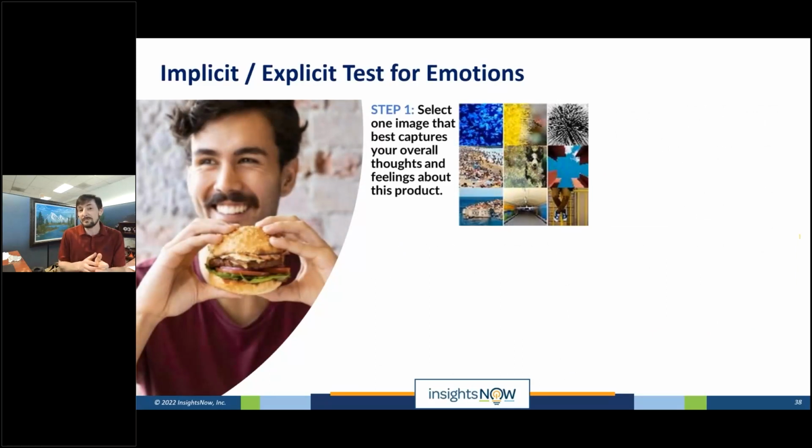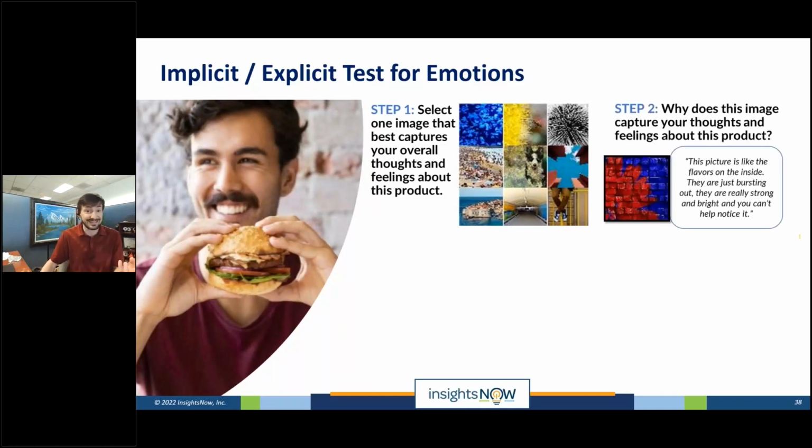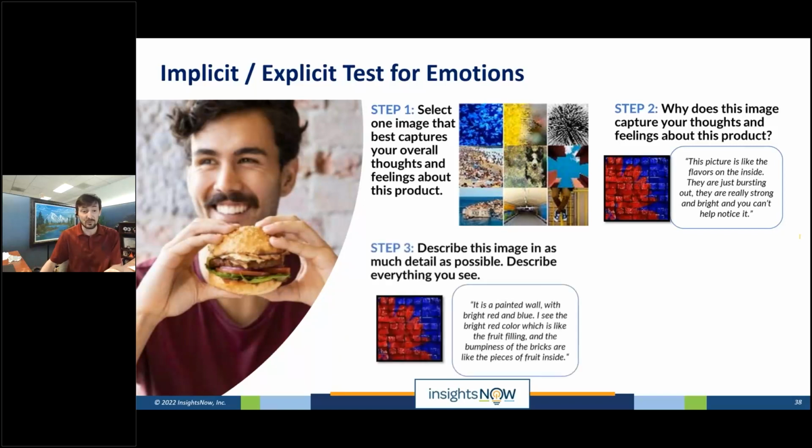So how this looks for the participant, they've had their burger experience. The first thing you do is say, hey, pick an image that best captures your thoughts and feelings about the product. You're specifically focusing on the emotions. And they pick an image, and then we have them answer two open-ended questions, depending on how detailed information we want, one or both. The first is, why'd you pick the picture? And what happens in there is that they describe the most important things. And these most important things help them either contextualize their emotions and it primes them to be able to answer the emotions questions really well.